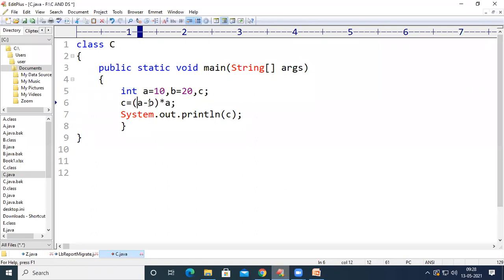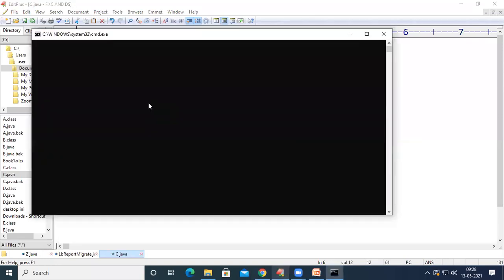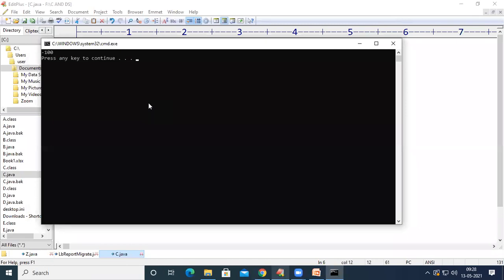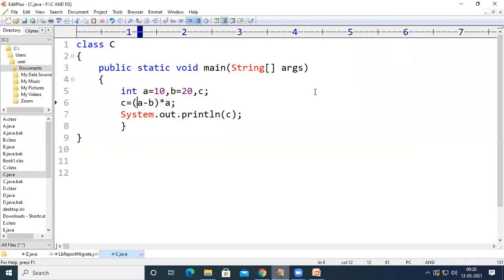So if I keep this A minus B inside the braces, now the output of this program will be minus 100. Because when we use these braces, A minus B will be calculated first, which tells the compiler to execute this one first.